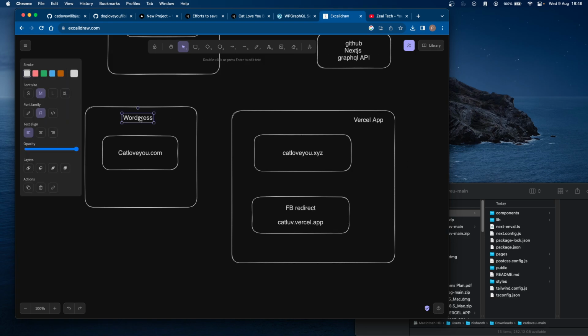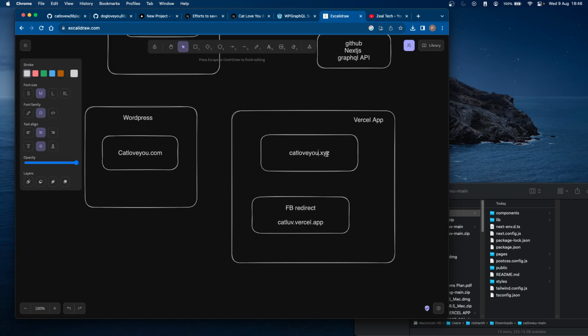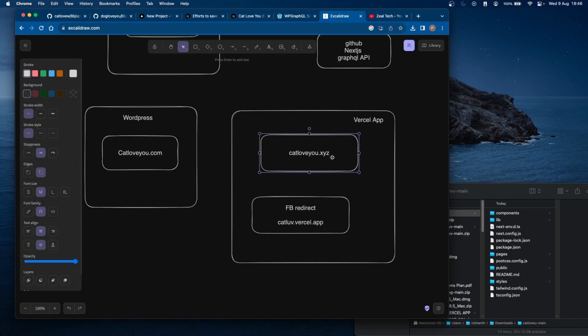Okay, so if you have a WordPress site, right, catloveyou.com, and we have another one, a Vercel app. Okay, so this is a separate Vercel app. We bought a domain catloveyou.xyz and we updated our domain to a Vercel app. I will show you once the deployment is done how you can update the domain for this. Okay, so I have updated catloveyou.xyz as the domain for this. Now what we have to do,